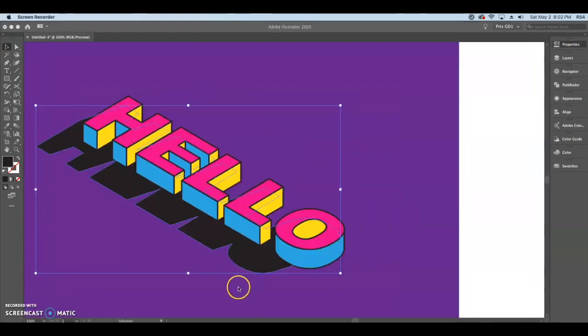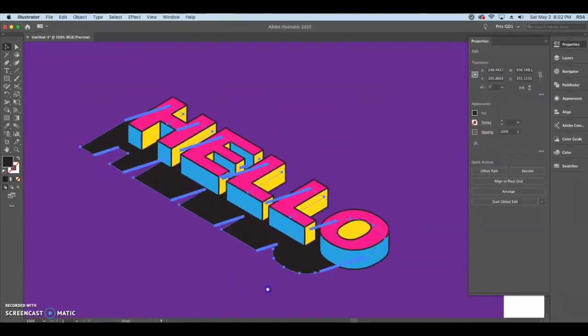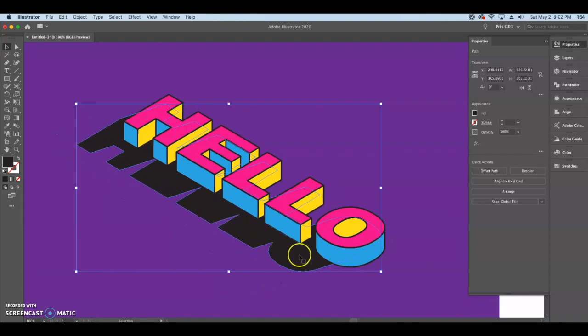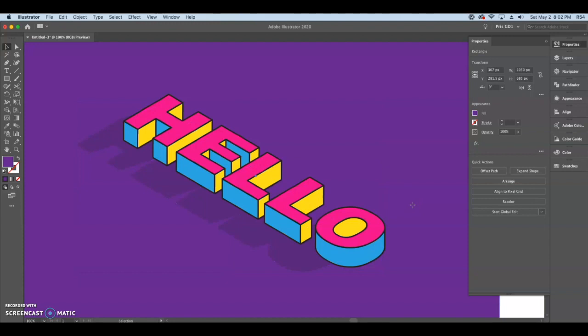Perfect. Now that you have your shadow in place, we are going to reduce the opacity. Maybe since my background is dark, I think I'll put 20%. Yeah, I think it looks okay like that. I really don't want a really strong shadow, just a kind of nice effect to it. I like that one. And to continue creating that pop art effect, what I'm going to do to finish this